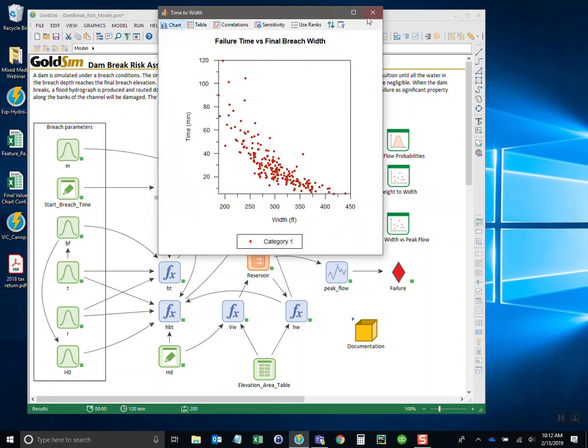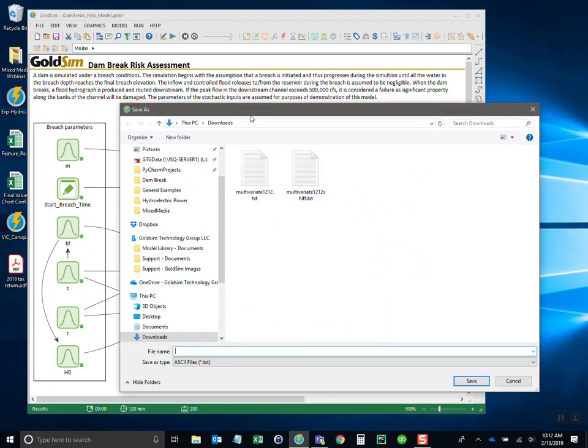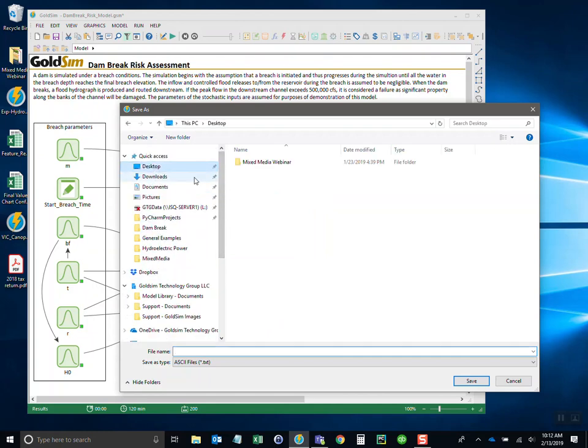So I do that by closing the chart here and then simply right-clicking on the icon of the result. And you'll see there's a new context item here. This is an addition to GoldSim in our new update. So I'll click on Export Results. And now up comes a dialog to save the result, and I'm just going to save this to the desktop